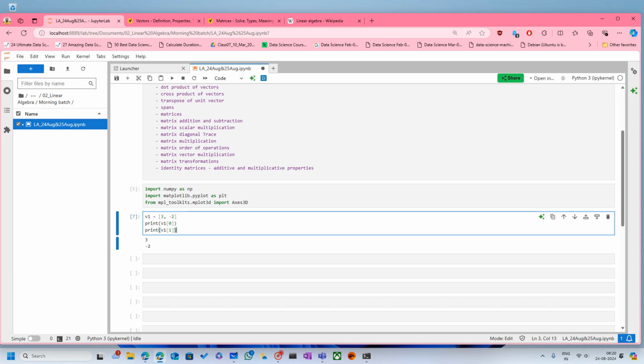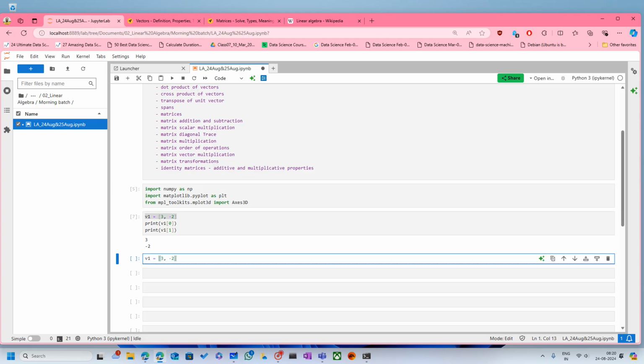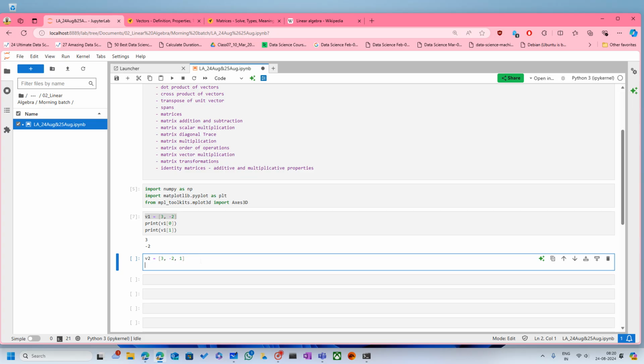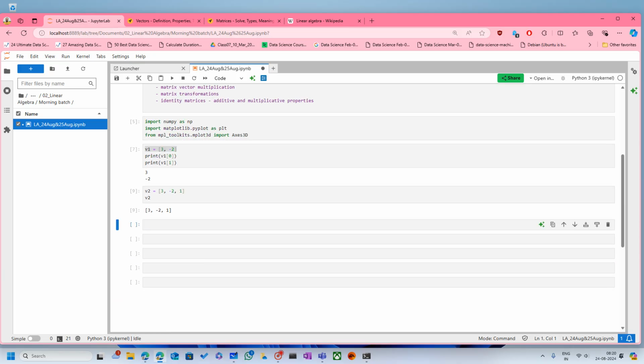We are trying to access the first point and second point. If you want to represent a three-dimensional vector, you will simply add another value. Likewise, you can access the single points. If I type v2, you will get 3 comma 2 comma 1, and